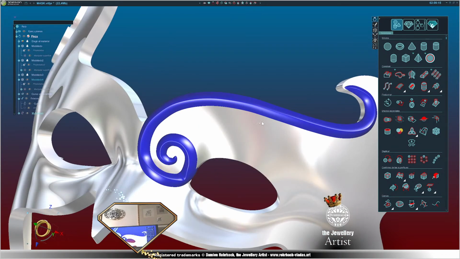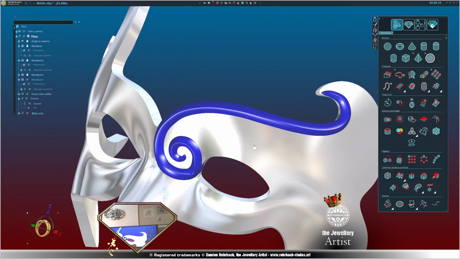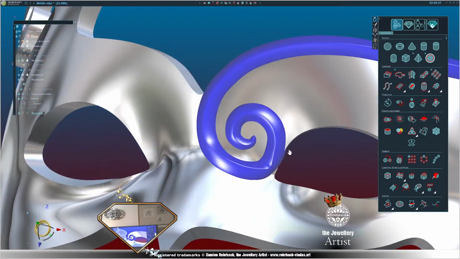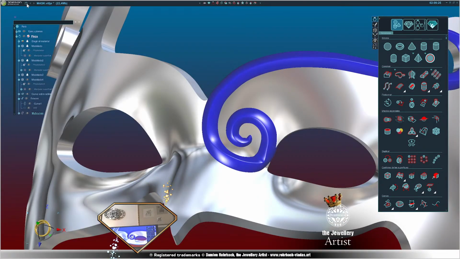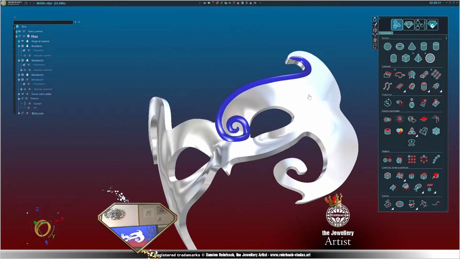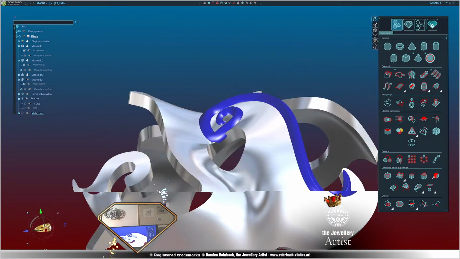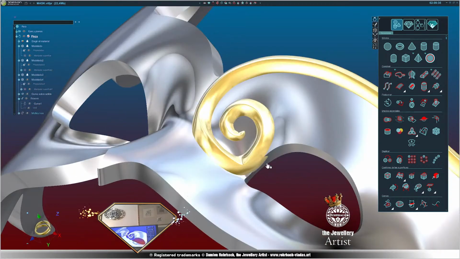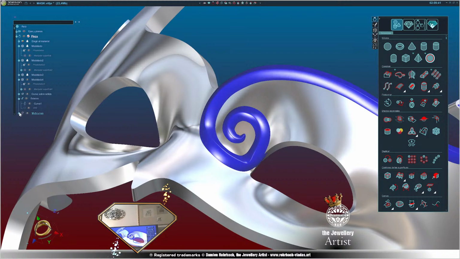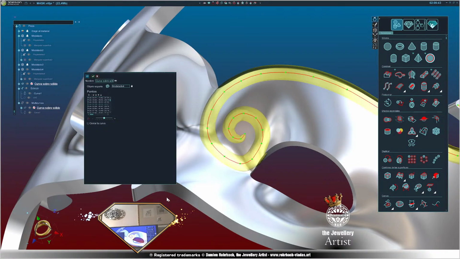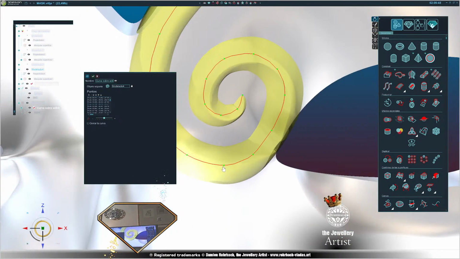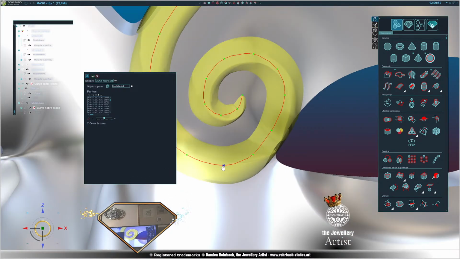Okay, so you can see now that this sweep is diminishing the endings and smoothing the ending. That's a very common way to end these type of sweeps. I don't want this edge to come inside the eye here, so I'm going to adapt. I use a tool called Draw on Solid, and I can move the points